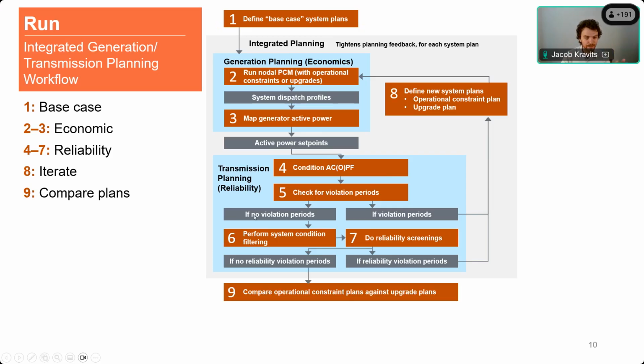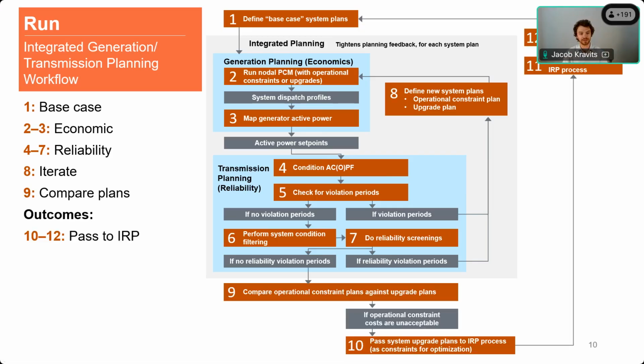What's important, though, is that this workflow isn't done in isolation. This workflow is meant to be done in parallel, right? So the takeaways that you get from this analysis, maybe you uncover new operational constraints that are really important to study for your system. Well, that's information that can be fed into these optimization processes or your IRP process. Again, this isn't a replacement for IRP. This isn't IRP 2.0. This is how to enhance IRP, how to make the IRP process go more smoothly and ultimately produce better outcomes.